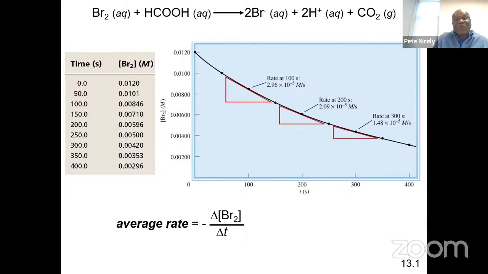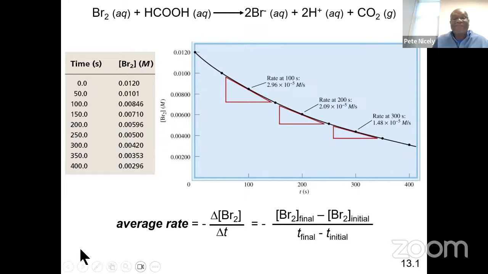So if we choose 2 particular points in this graph, we can determine the change in the concentration of bromine by subtracting the initial value for the concentration from the final value. And similarly, in the case of the change in time, it's T final minus T initial, all right? So basically, we can choose 2 points on the curve, find out the corresponding final and initial concentration values and time values, and plug them into this equation,